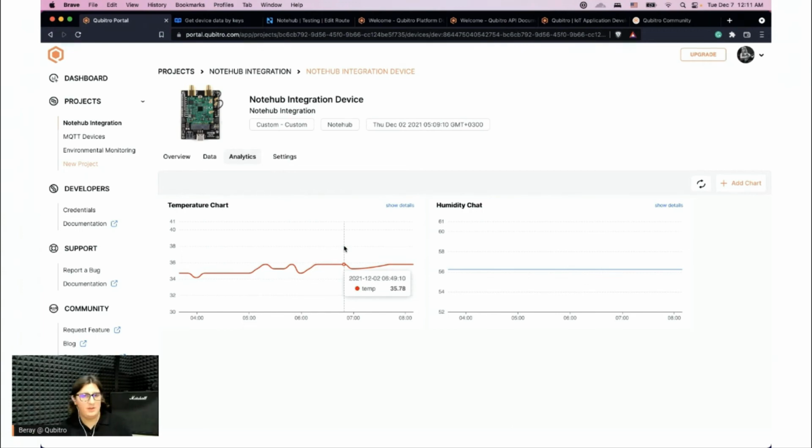But if your projects don't care about charts per device, you might need something else, which is another topic of today, APIs. Once we introduce our platform and see the interaction from developers, we notice that it's not possible to scale user experience, in this case, developer experience, by just through Qubitro portal or any user interface, let's say.